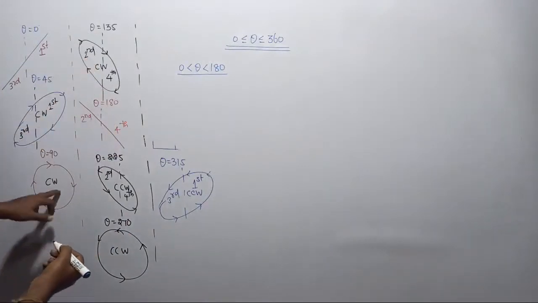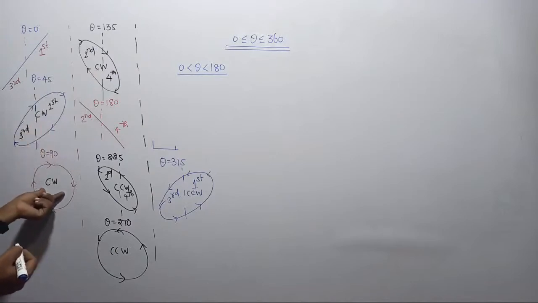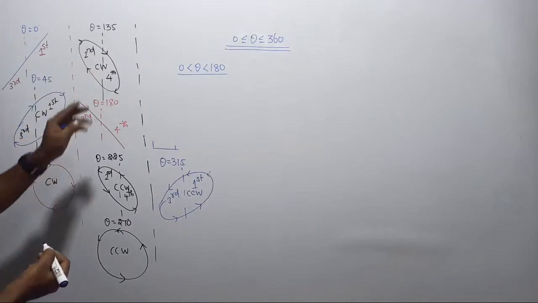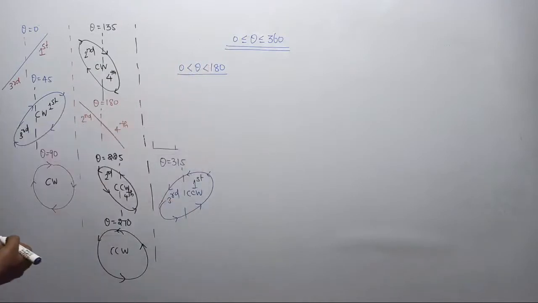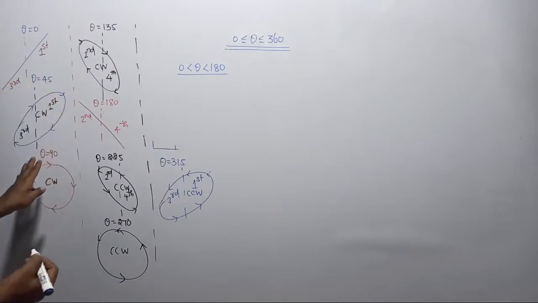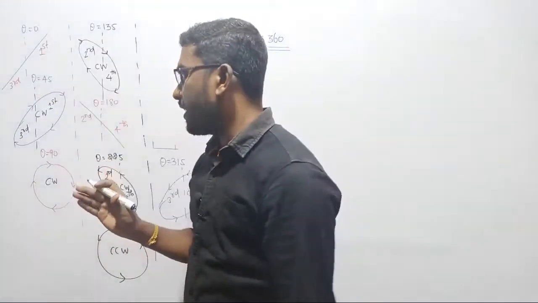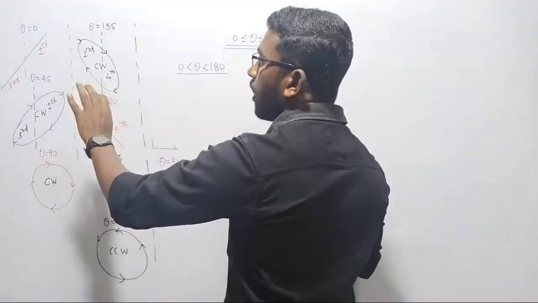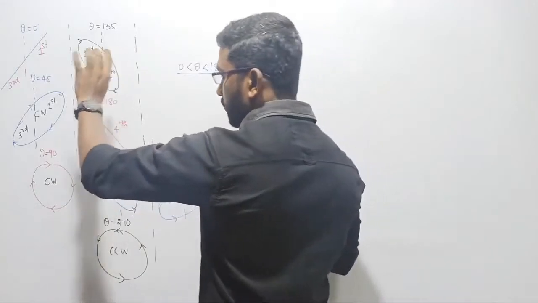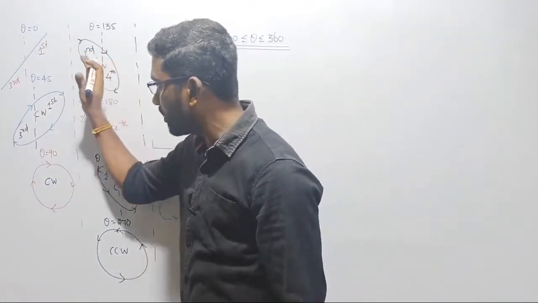Of these patterns, two types are going to be an ellipse. One type of pattern is a circle. And anyway the conclusion is, in between theta equal to 0 and 180, whichever pattern is being displayed on the screen, I don't want to worry about which one. All the patterns displayed on the screen are always making their revolution in the clockwise direction.